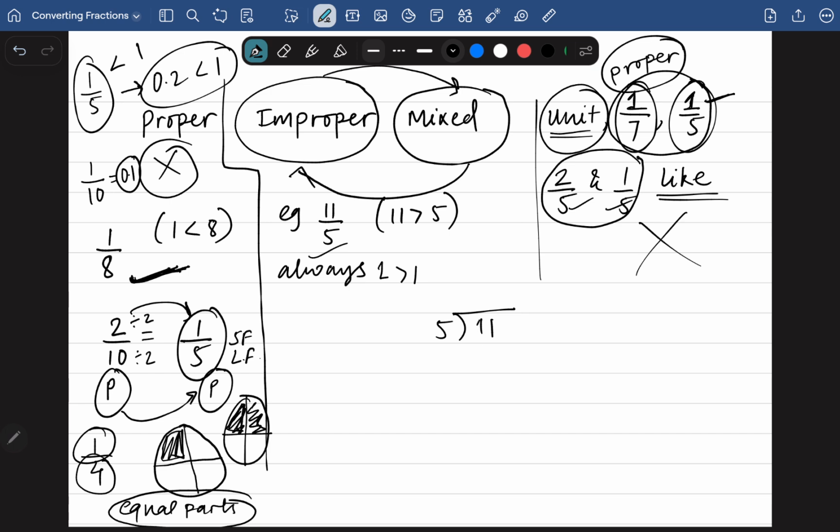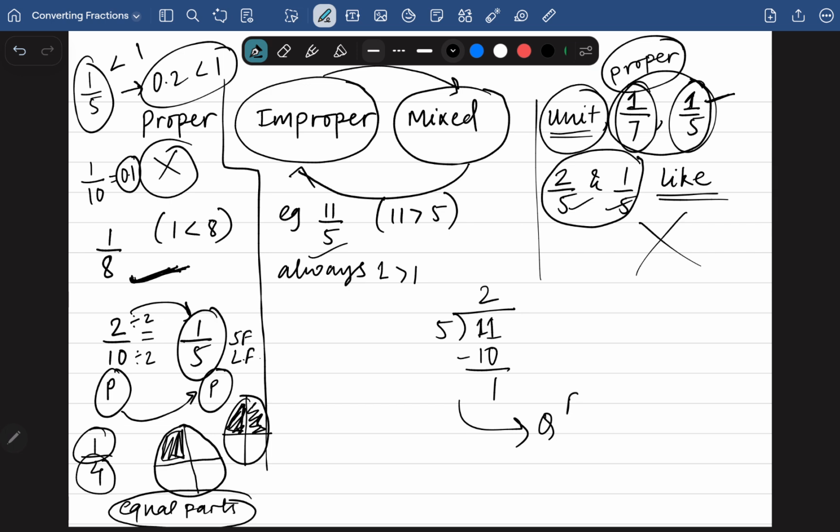In this case, 11 was my numerator and 5 was my denominator. So when I divide 11 by 5, I get 2 as the quotient and 1 as the remainder. To write this as a mixed fraction, I have to write q over here in front of my fraction, which is going to be a whole number,